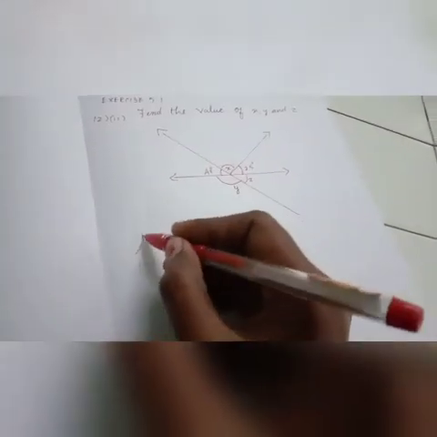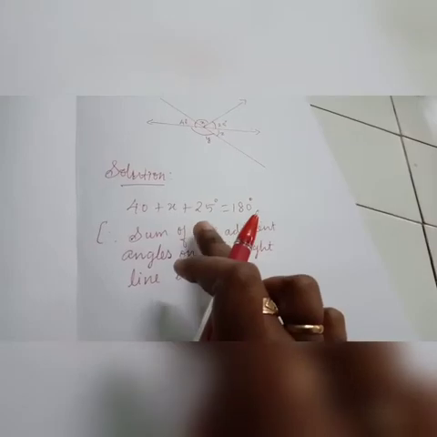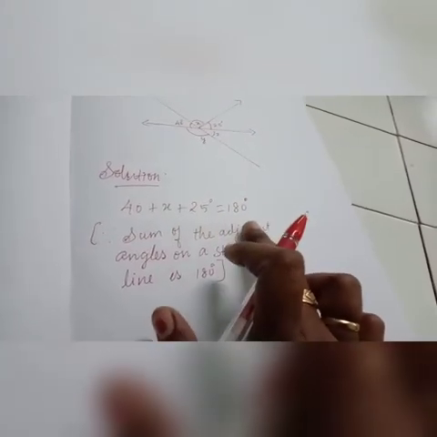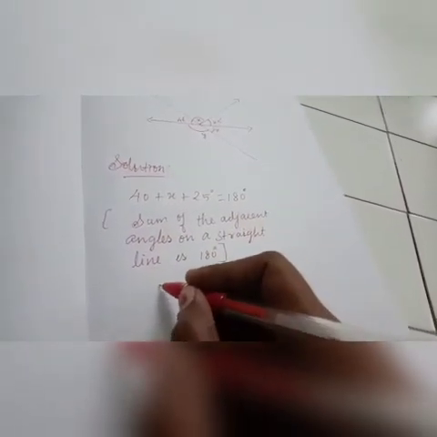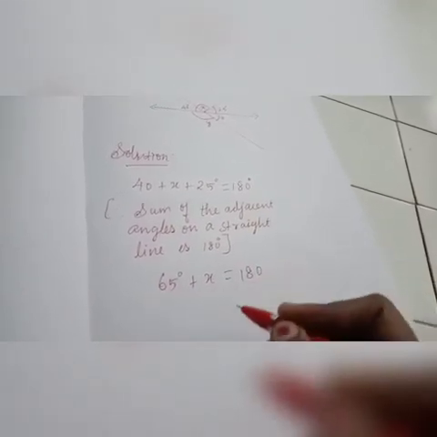Here observe this. Here these three angles are adjacent angles. Normally we have seen the property sum of the adjacent angles on a straight line is 180 degree. So I am going to use that property to find first value of x. Here the three adjacent angles are 40, x and 25. So I have added all three angles and I have equated with 180. Because of this property I have written like this. Now we can add 40 with 25. So if we add 40 with 25 we will get 65. So 65 plus x is equal to 180.